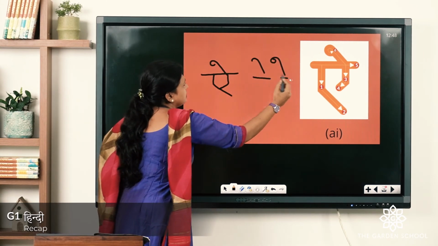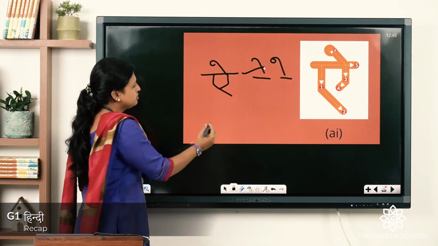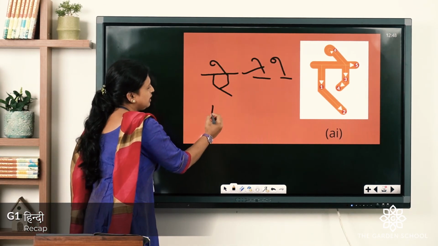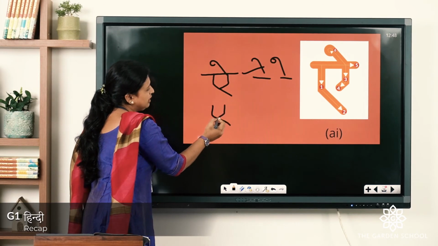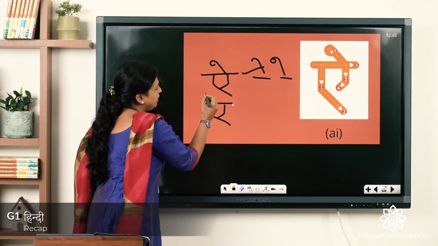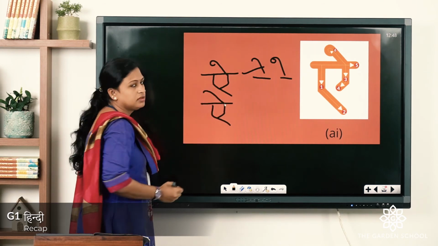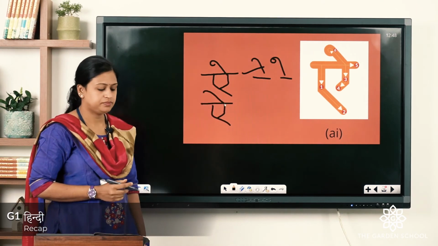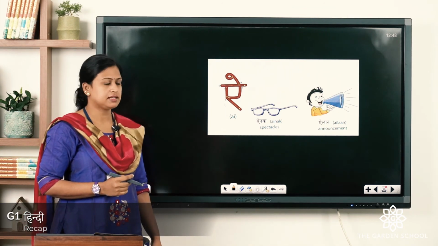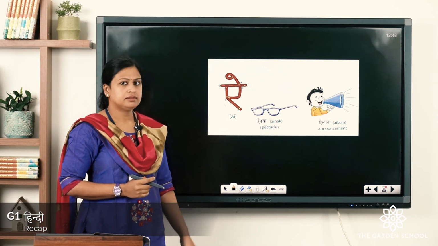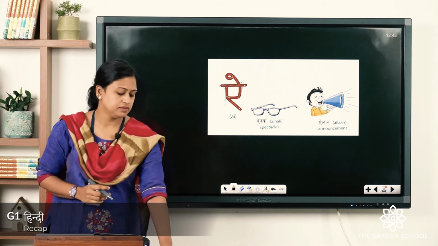Both are the same. So once again: standing line, slanting line, short standing line, slant line touching here, sleeping line and a string type on the top. The words are ainak, spectacle, elan, announcement.